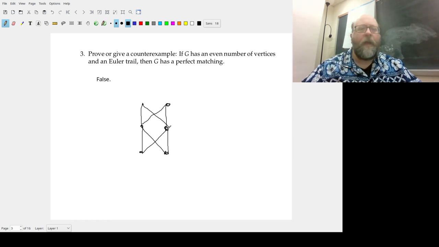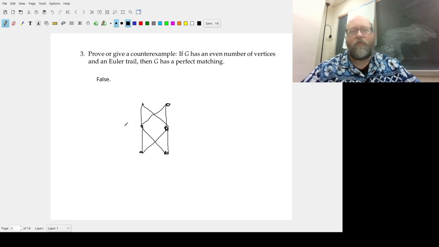So this has an Euler trail. I can go from this middle left vertex to the top to the back, and then over and then back and then around the other triangle. So in other words, I'm just tracing both triangles. And so this has an Euler trail,